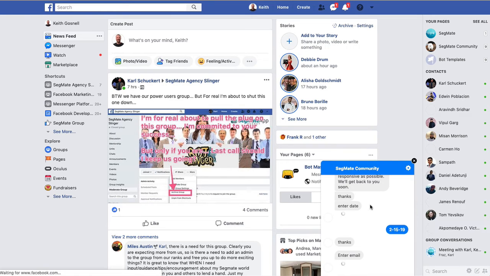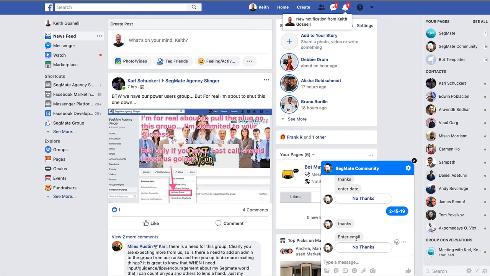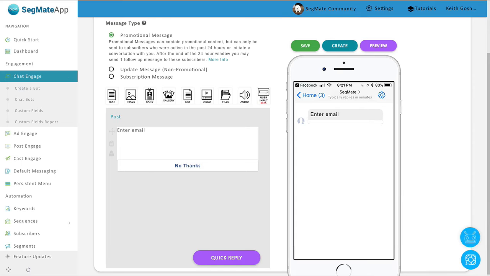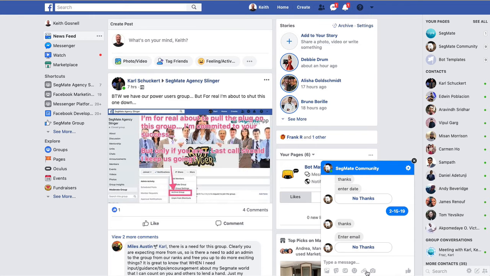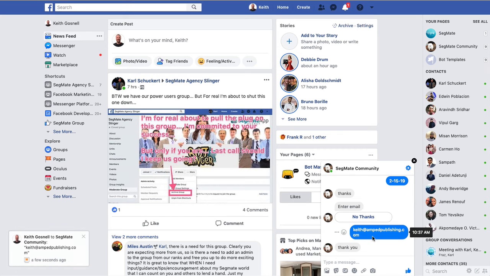Okay, and there is my messenger widget, and we have "enter email." So there's my message, right? Enter email. That's what I said right here. So I am going to go ahead and do that, and I'm going to add my email and hit OK. All right, so I've just done now a user input, manual input collection from my user, and